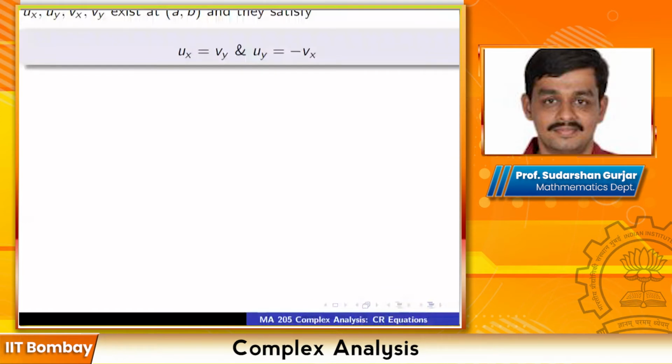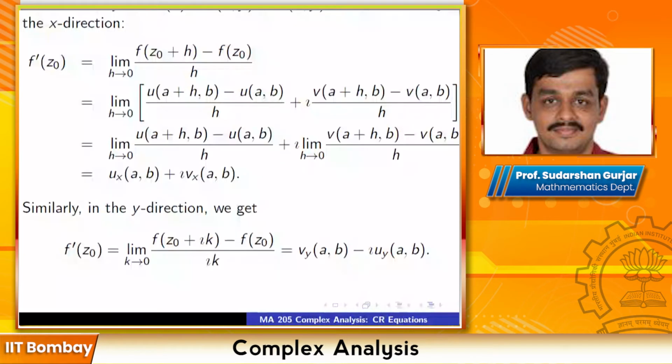At z naught, which is a plus ib, implies that ux, uy, vx and vy have to exist at (a, b), and they have to satisfy ux equal to vy and uy is equal to minus vx. Because if this limit has to exist, that means ux, vx, uy and vy have to exist first of all, and equating the two,